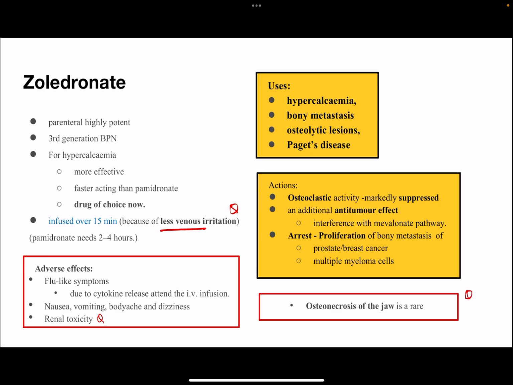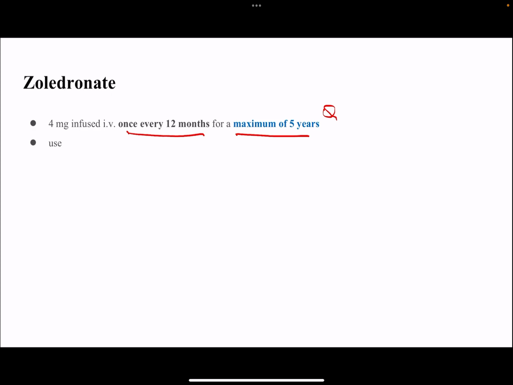Very important, necrosis of the jaw. So this has to be given through IV infusion once every 12 months for a maximum of 5 years. Very important. So it is once a year and maximum of 5 years. So use is in case of osteoporosis, in case of postmenopausal women who are not tolerating the alendronate and the